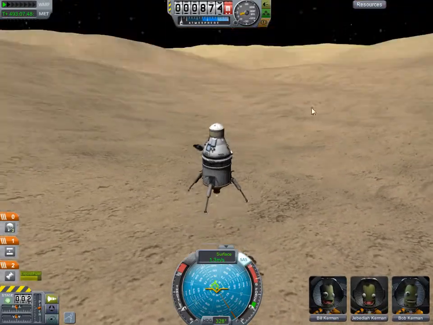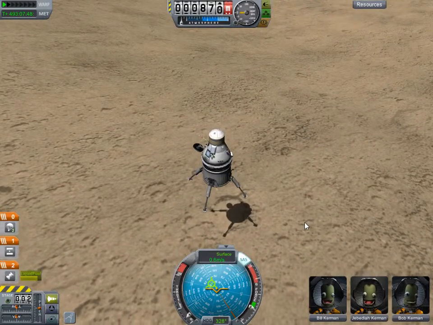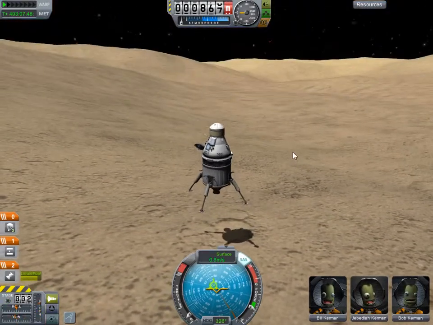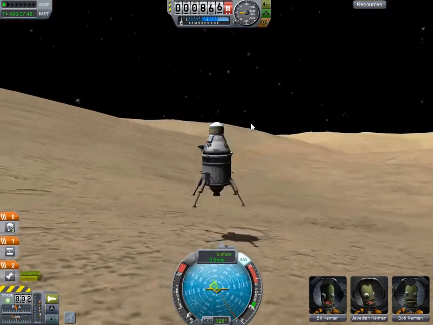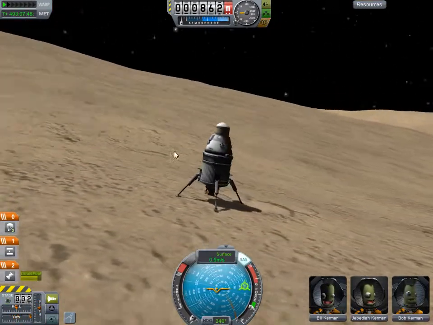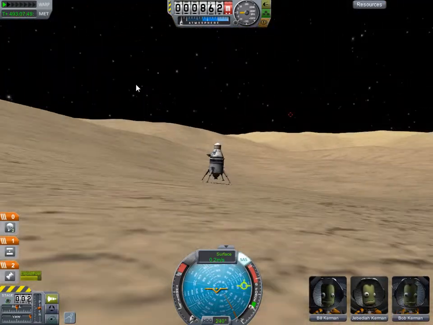Burn off that speed, flare up the last second, using rocket engines in this case, not wings, obviously. This slope appears to be pretty acceptable. Cut the engines. And it's still pretty bad, but...